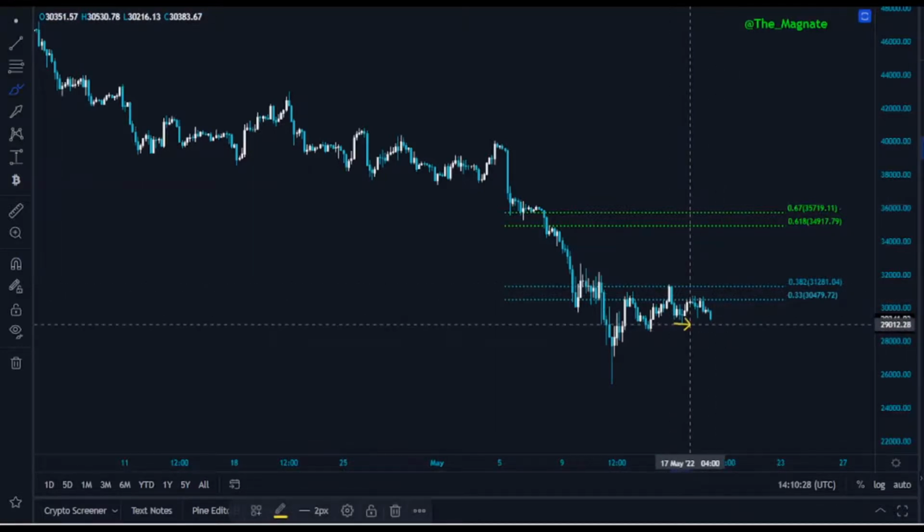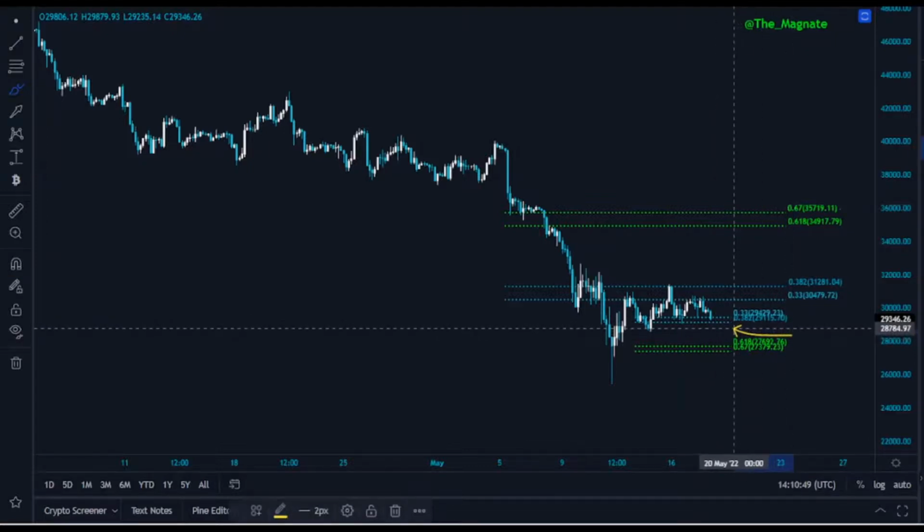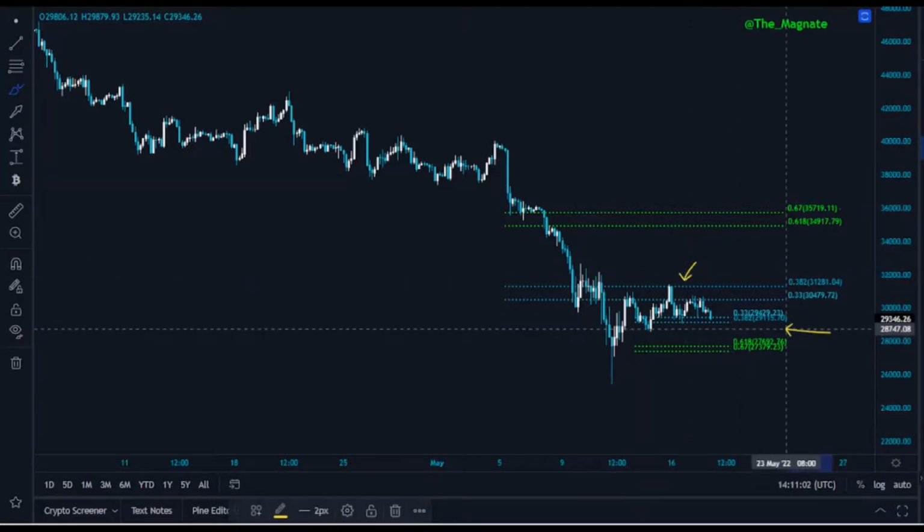If we're going to lose this level, $29,129,000, then I will be keeping an eye on this, which is 28.5, all the way up to this golden pocket based on a lower time frame, 27,700 levels. And as you can see, lower time frame Fibonacci 382 is acting as a perfect support at this stage. That's going to be $29,115. If you're a scalper, mid time frame and lower time frame 382 levels are perfect for you to scalp. And these levels were provided via Twitter as well as in the last video a couple of days ago.